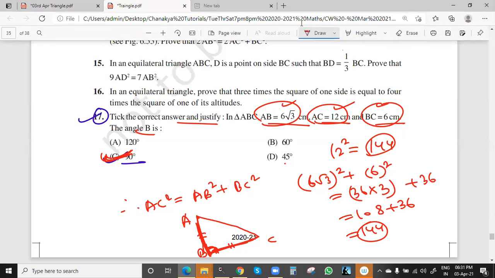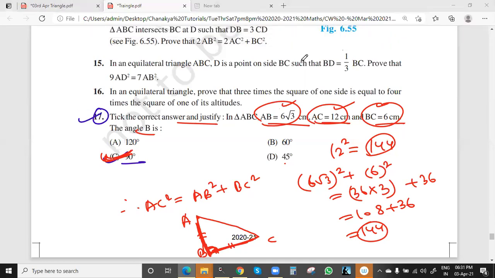Please note the answer. After this, we have to end the meeting, and we can also log out. In case anyone has a doubt, they can share that. The others can end the session. In our next session, we'll see some more questions of this triangle chapter, and then we'll start linear equations in two variables.